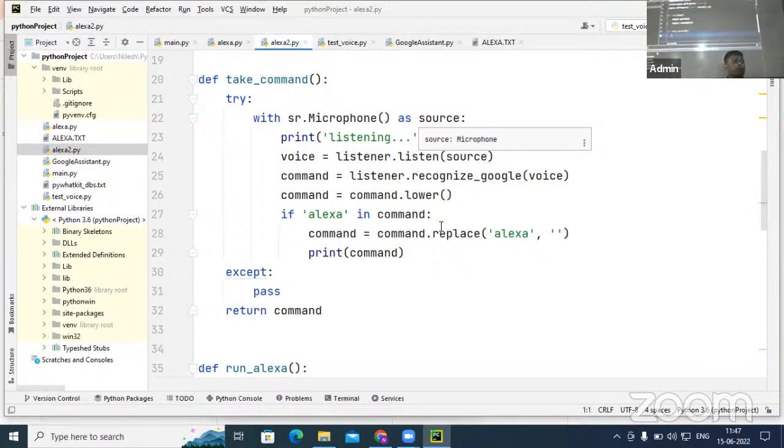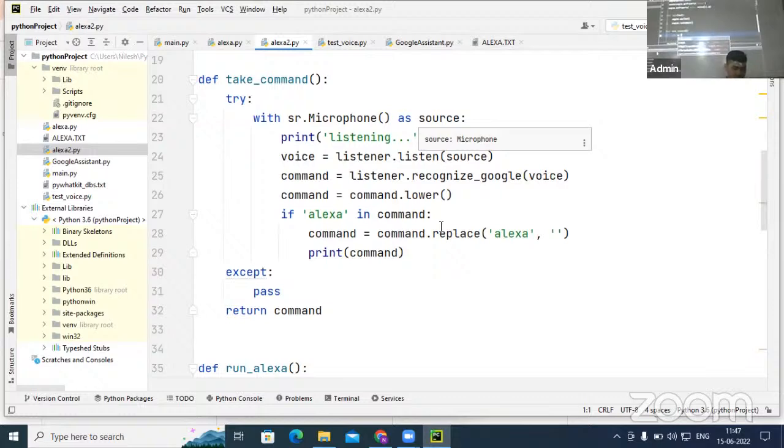We will give the command only when the microphone will listen to our voice. So we have to enable the microphone. Where will we enable it? Because this is part of speech recognition. Speech recognition will help you enable the microphone. वो स्पीच को रिकॉग्नाइज करेगा, मतलब हमारे वॉइस को रिकॉग्नाइज करने वाला, उसके लिए माइक्रोफोन। तो हम ओपन करेंगे with sr dot